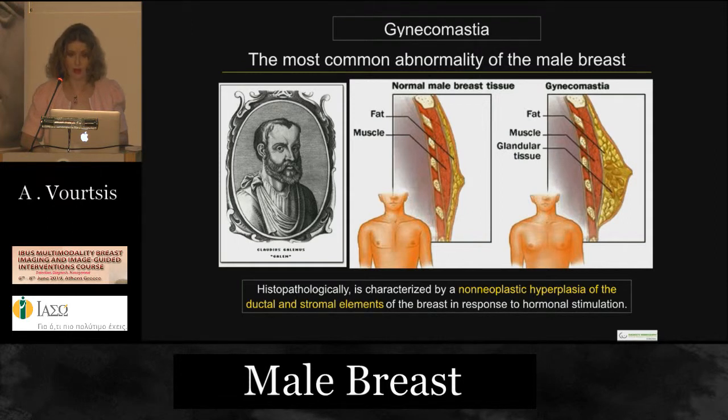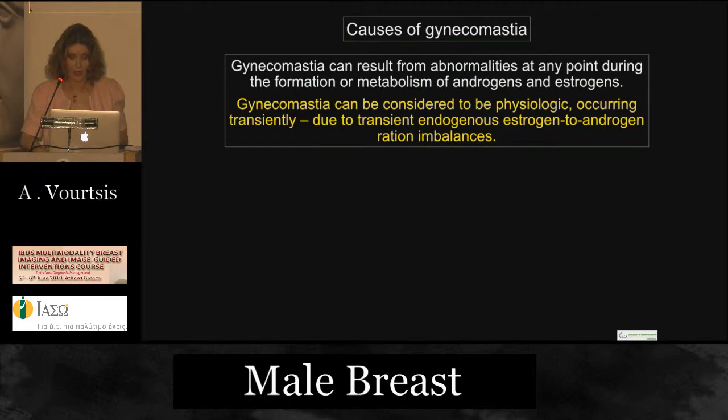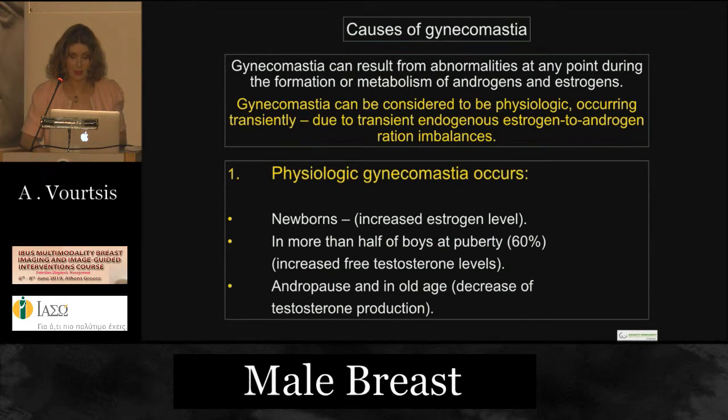Histologically, it is characterized by non-neoplastic hyperplasia of the ductal and stromal elements in response to hormone stimulation. It can result from abnormalities at any point during the formation or metabolism of estrogens and androgens, and it can be considered physiologic, and here you can see newborns. It is also quite common in half of boys at puberty, and in older age, where there is a decrease of testosterone